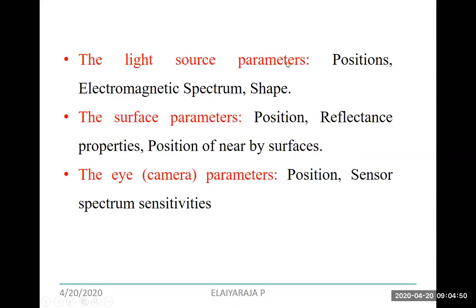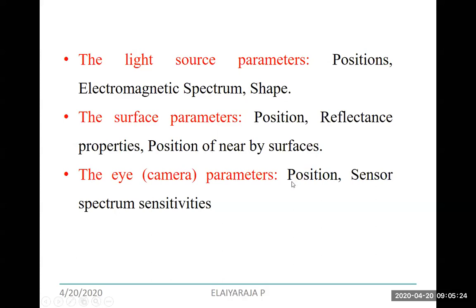The light source hits the surface, and the light source has position, electromagnetic spectrum and shape. When it hits the surface, the surface has a position to receive the light, and if it is a shiny surface, it has reflectance properties, and if the light is scattered all over, then the position of nearby surfaces matters.